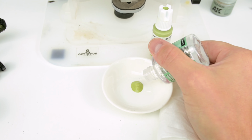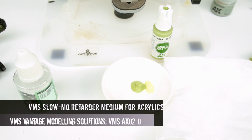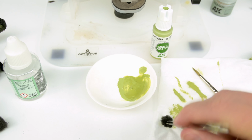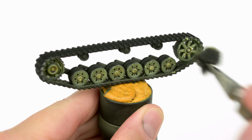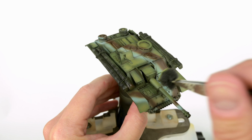Now, once all the oil paints are in place, I'll let the model sit for about a day or so, and that's when I start making my sponge chipping. I've moved on from using a wet palette for doing chipping because I noticed that the water dilutes the paint too much. So I put it in my dish, add a little bit of the drying retarder by VMS, get the majority of the paint off the sponge here, and then slowly go around to all the outlined areas